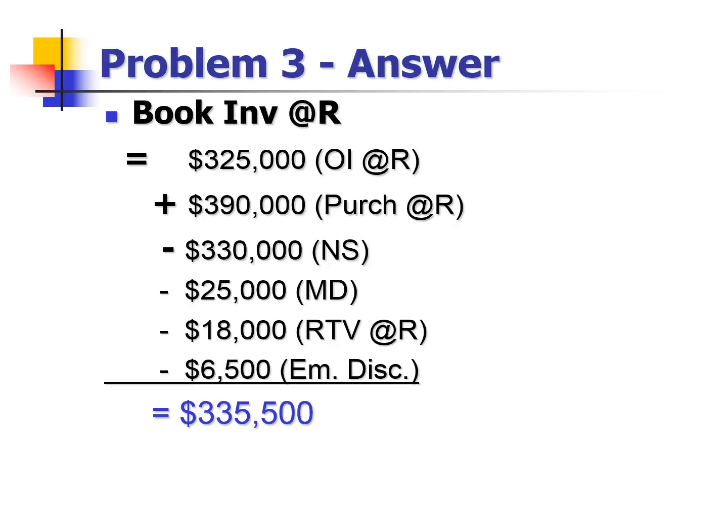Okay, so the book inventory at retail will be, first, start with the opening inventory at retail, $325,000, plus purchases at retail value, $390,000. And then you had net sales, $330,000 and markdowns of $25,000. You have to also subtract net sales and markdowns, as well as the returns to vendor, $18,000. Employee discount is part of sales discount, also have to be subtracted, $6,500. So if you do this calculation, you're going to have the book inventory at retail value of